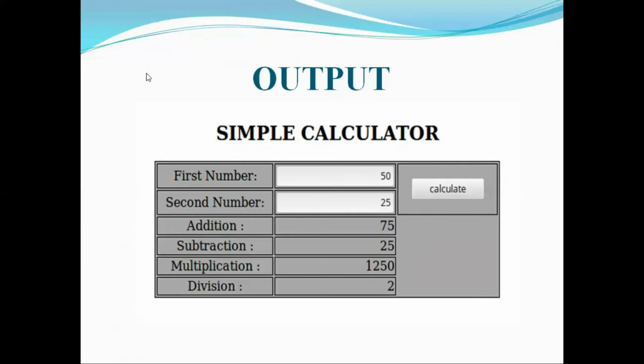After that, we are reading one more value called the second number. After that, we are merging two rows into a single value called calculate. Here it is a submit button. Once we click on this button, it will perform the different operations. First, we enter the first number, then the second number, then we click the button calculate. After that, it will check whether these two values are numbers or not. If they are numbers, it will perform these four operations. If not, it will display an error message, that is enter a valid number.